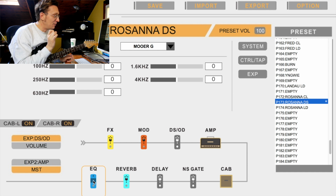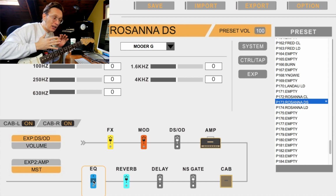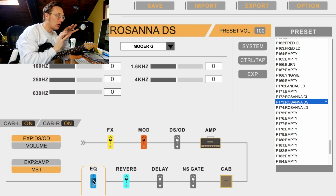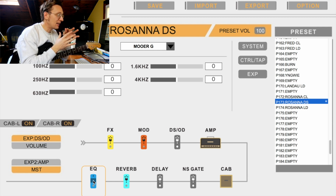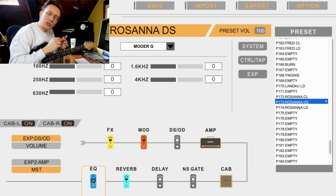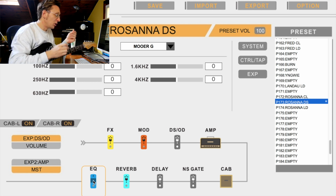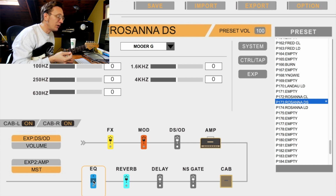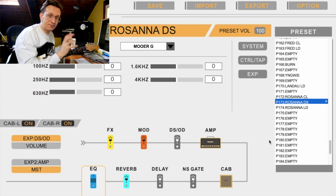I have to say that the backing track was a YouTube backing track, so maybe the sound is not perfect, and I'm not sure, if I had the original wave file by TOTO, maybe I wouldn't need that EQ. But in order to match this tone with the backing track that is available on YouTube, and maybe it's not the best quality ever, this helped. Everything that I do in this fashion is just because I don't want to have the best sound ever, but I want to mix the sound with the other instruments. So you're free to not do it, okay? If you like the sound to be more clean, and if you use it with your party band or with your cover band, and you want to just play the song without this crazy